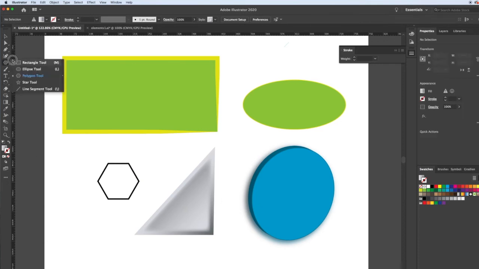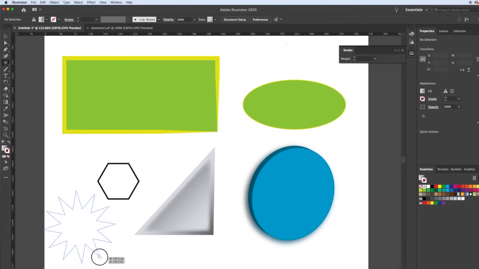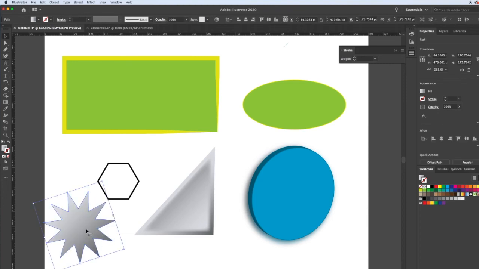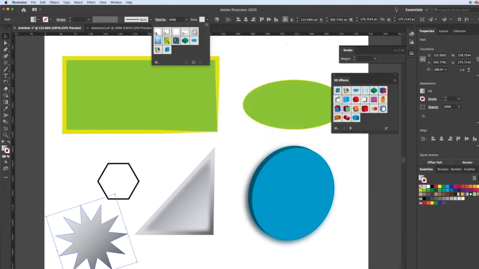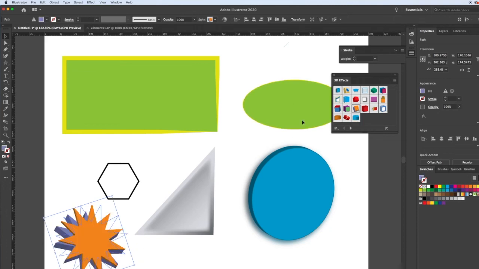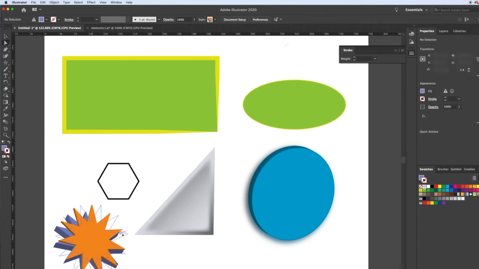Let's go back to our Shapes tool and go down. We see a star tool. It's just what it sounds like. It draws a star. It defaults to that 5-point star. If you hold down Shift, it keeps your star nice and level. And if you do exactly what you did with the Polygon tool and go up or down, you can add to the number of points that your star has. And it goes down to a triangle. So that can also be super handy. We could add a style to that. And then you can adjust your points